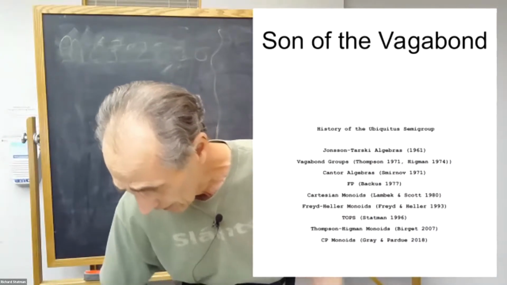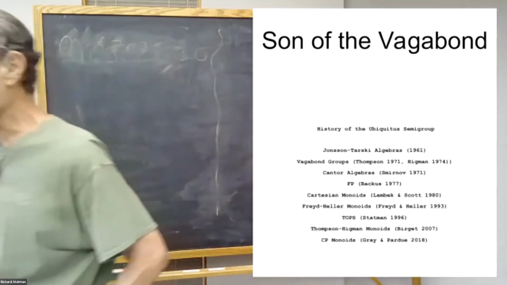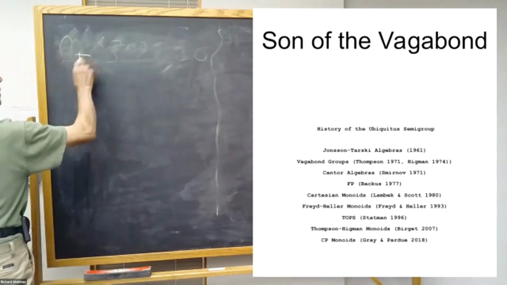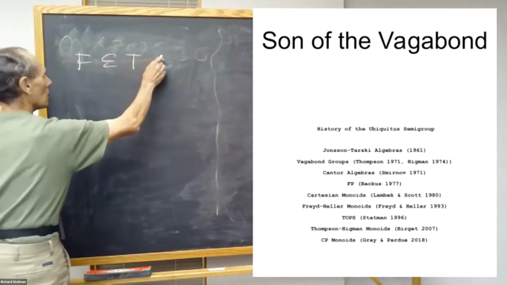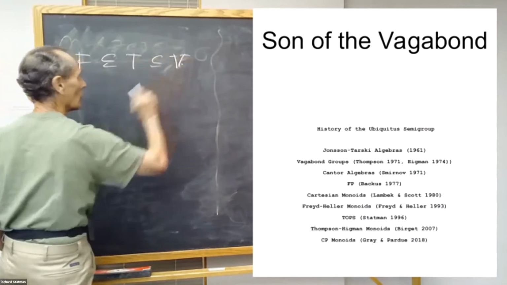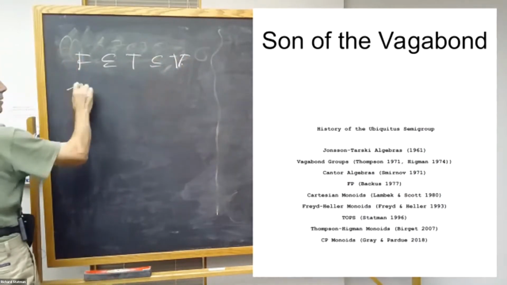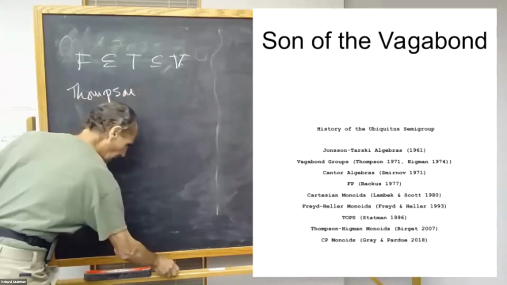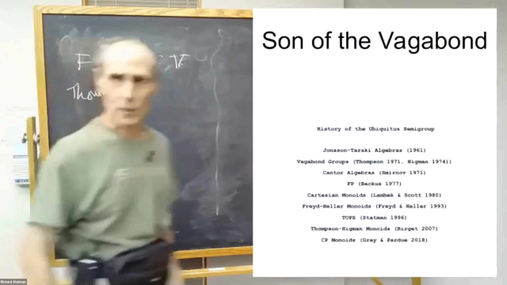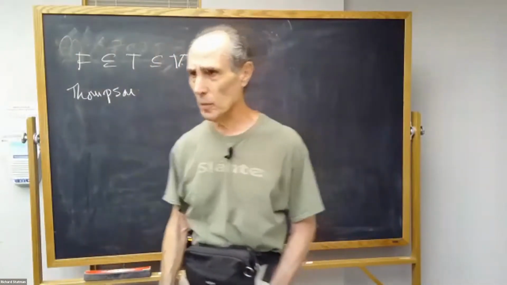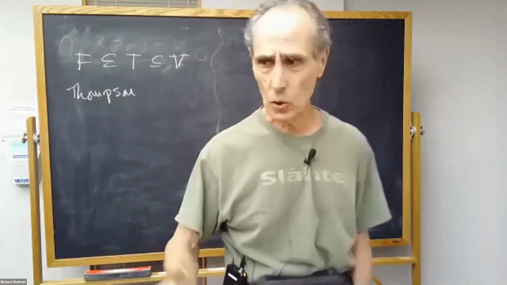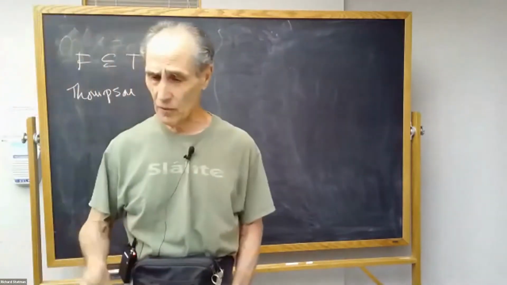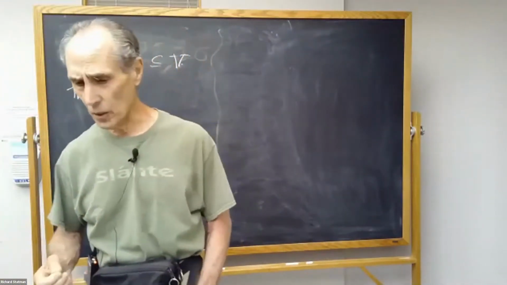Thompson's group is one of three groups that was defined by Richard Thompson in the 1970s. It has a very interesting history. I'll tell you a little bit about the history. So the plan for my talk is the following. I'll tell you a bit about the history and how the son of the vagabond, which is a monoid, has